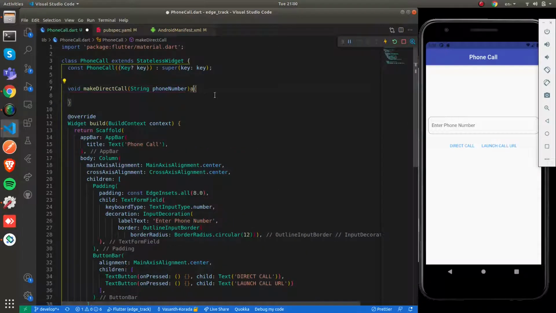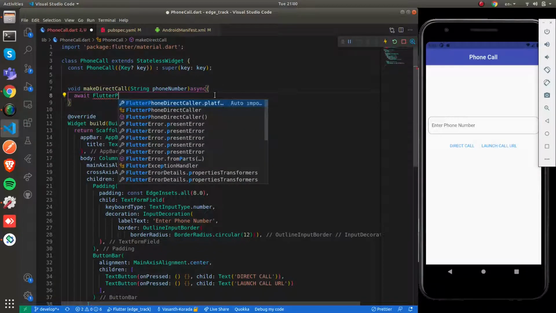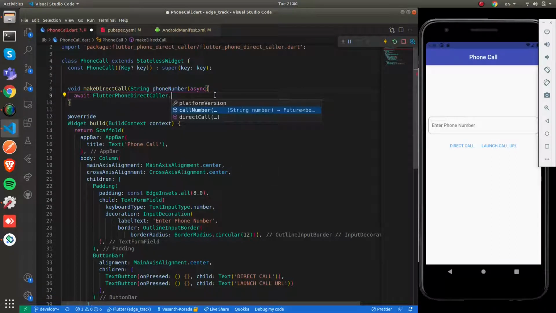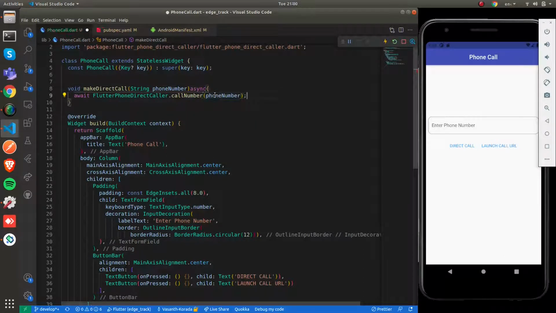This is an async method. We call FlutterPhoneDirectCaller.callNumber and pass the phone number string. Yes, it is as simple as that. This is just one line of code.